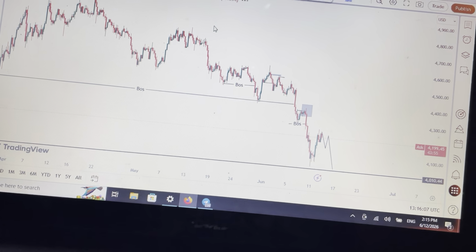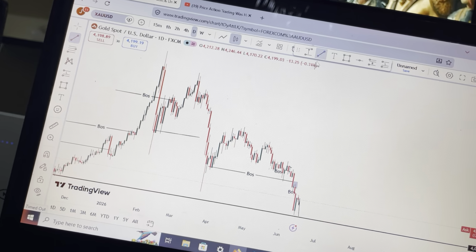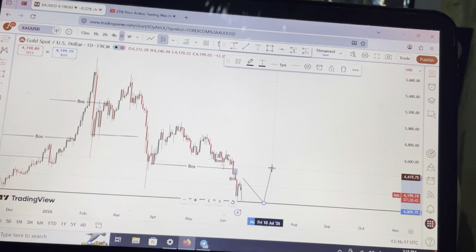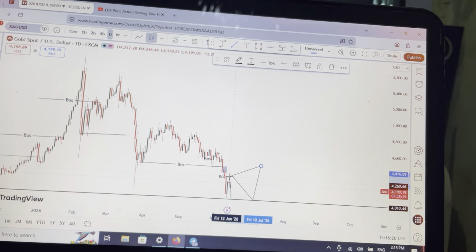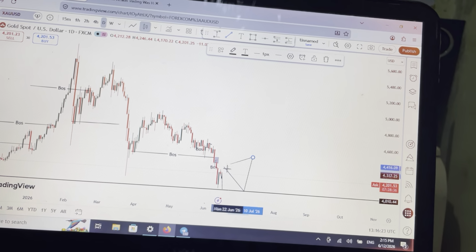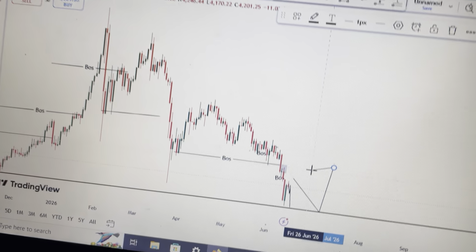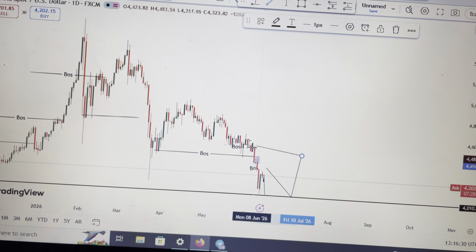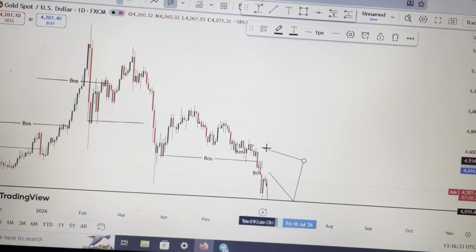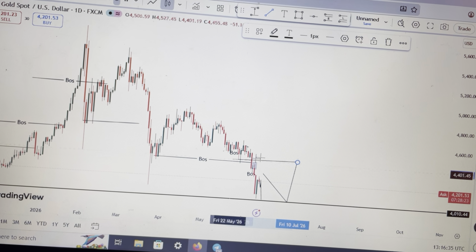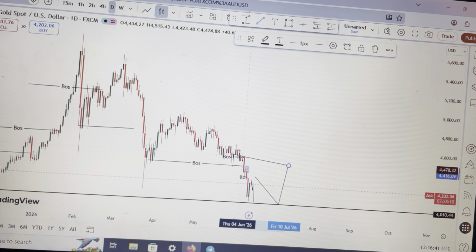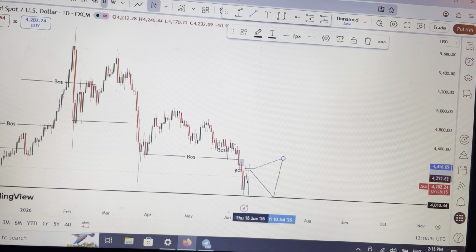So now, the only time we're waiting for a buy opportunity is when price does this. If price grabs liquidity like this, then pulls back, gives a market structure shift. So this first market structure shift will just indicate that buyers are coming into the market and not a buy opportunity. Because why? There's an equal high here. You see this last equal high that gave this break of structure is still active. So here is a key zone that will tell us that no, sellers are already going out and the market wants to change trend.